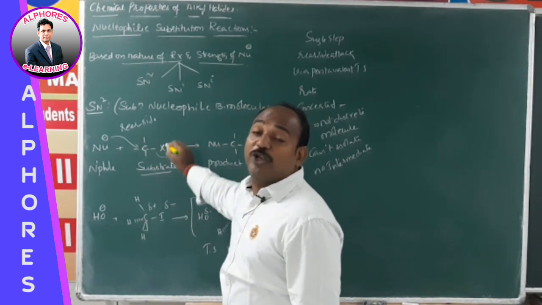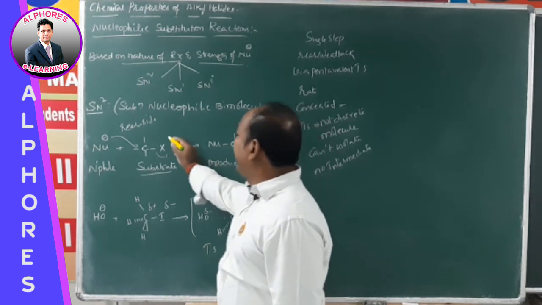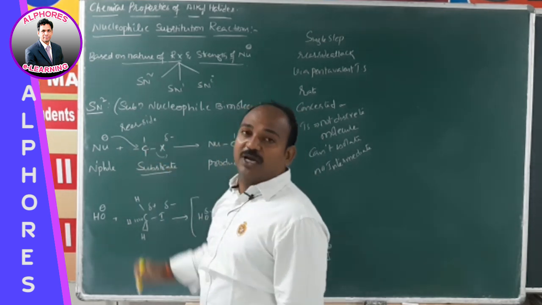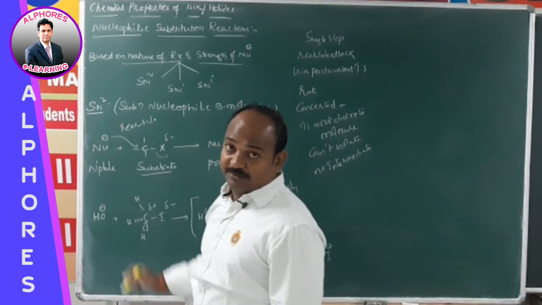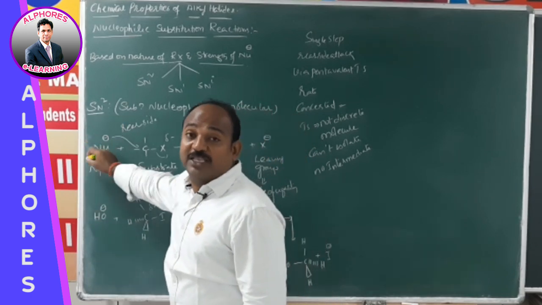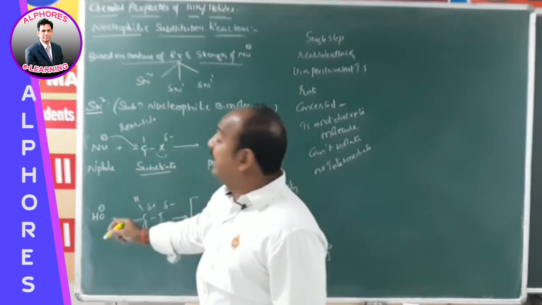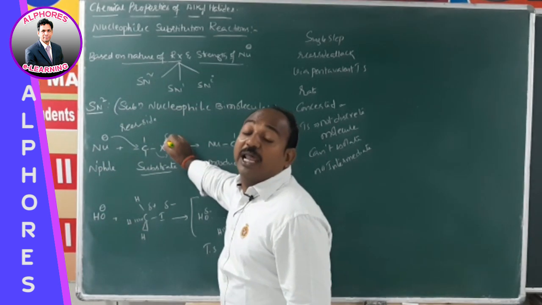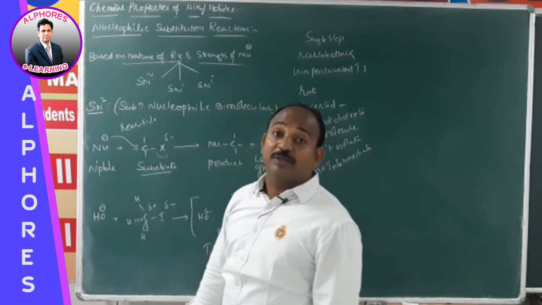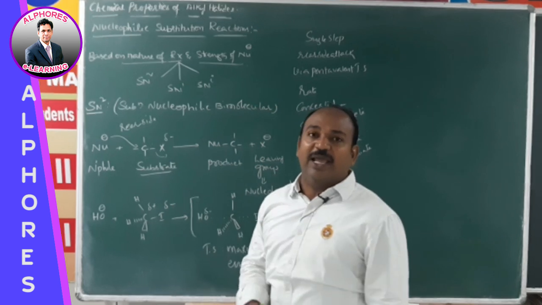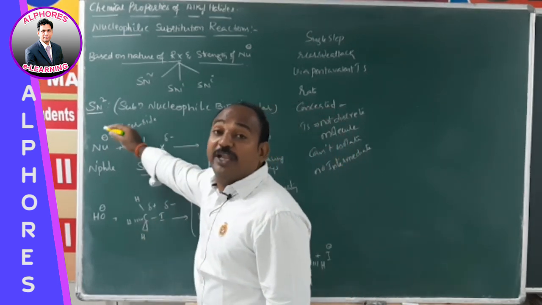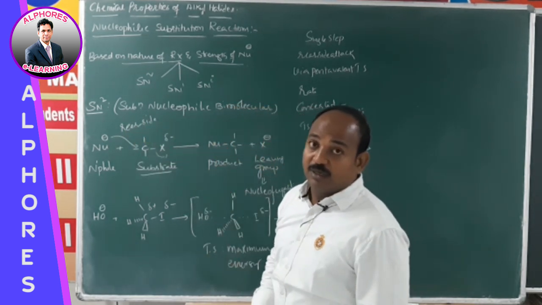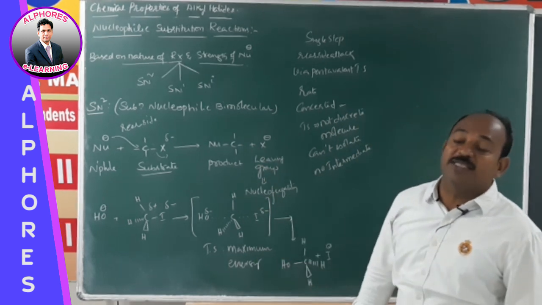Slowly the C-X bond polarizes, with X minus and the carbon bearing a positive charge. Whenever the carbon bears a positive charge, it is as if it is welcoming the nucleophile. The nucleophile, being electron rich, whether negatively charged or neutral, is attracted by the positive charge on the halogen-containing carbon. Then the nucleophile comes and attaches to the carbon. Slowly it approaches, and as it approaches, the leaving group slowly departs. Then we get the nucleophile-containing product.